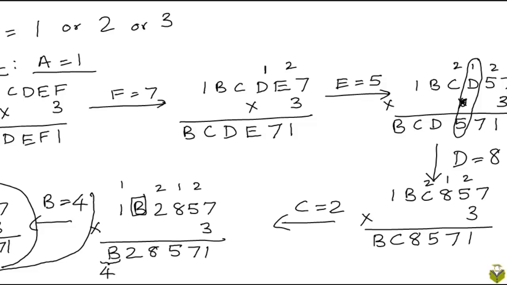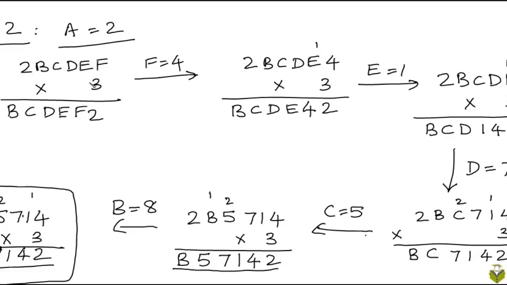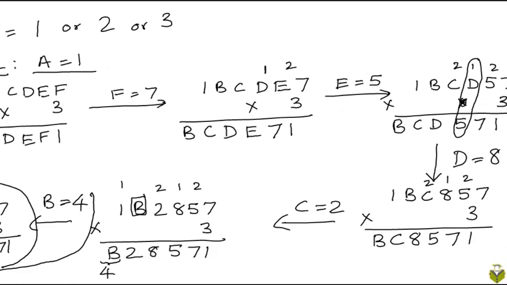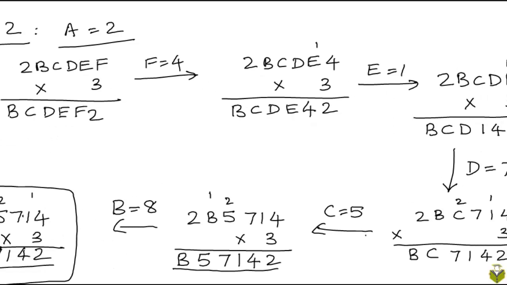With a equal to 1, we got one solution. With a equal to 2, we got another solution. Now let's look at the third possible value for a, which is 3. So if a is 3, case 3 is when a is 3. And when a is 3,